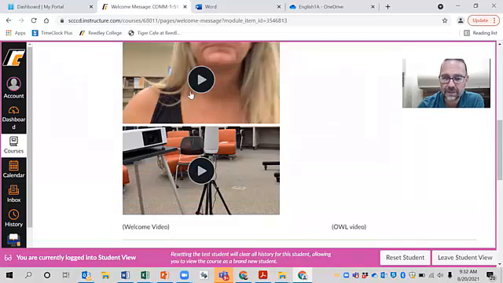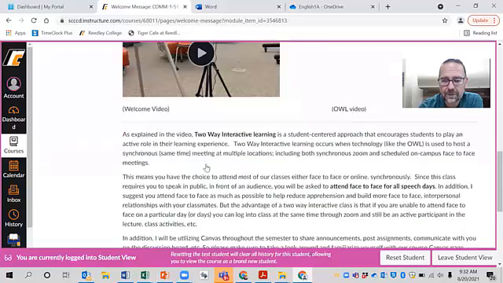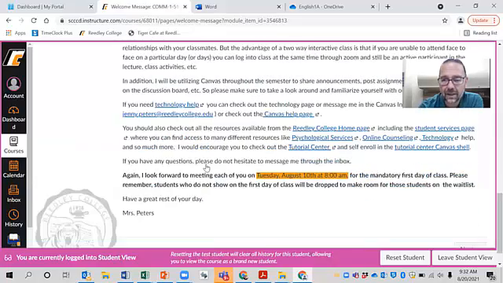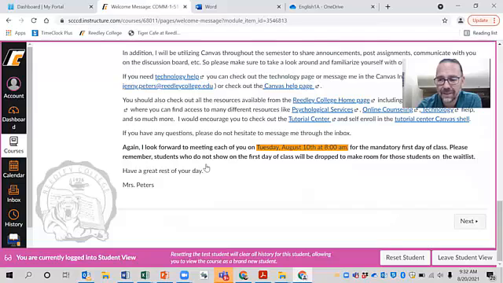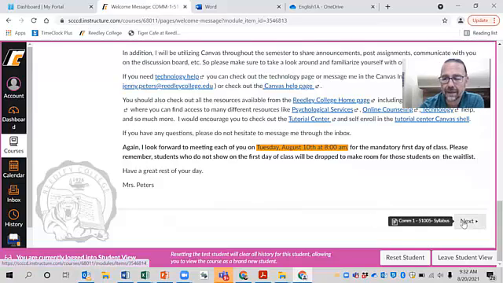Here she's introducing herself a little bit more, and she's introducing the system that she's going to use for her Zoom videos. And when you get done reading all of this, you'll notice that right here on the bottom right-hand corner is a next button. So again, she set this up to take you on a linear path through her course. So if you click the next button,